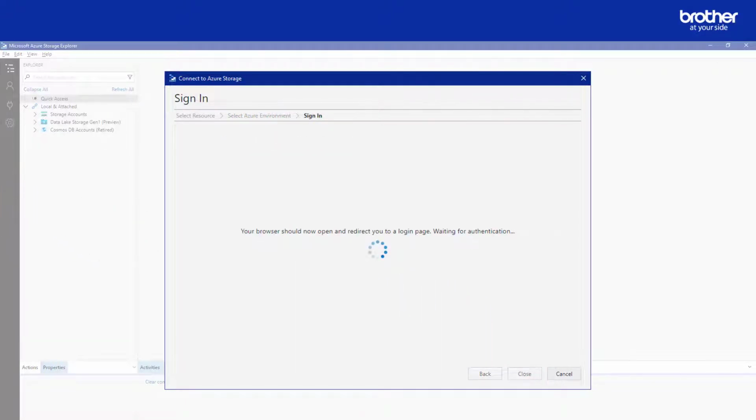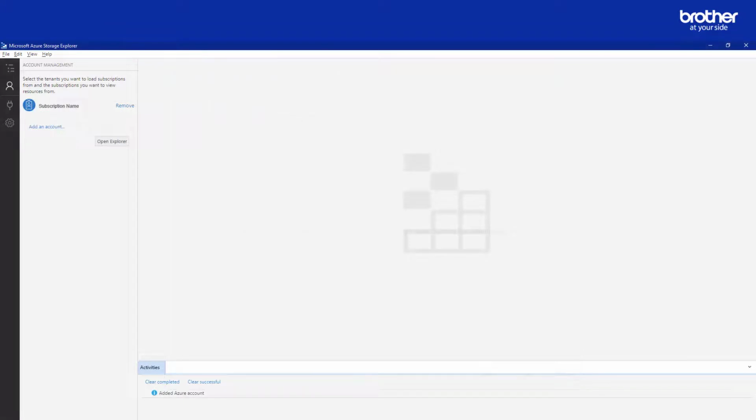From here, a web browser will open, requesting you to sign in with your Azure credentials. Please follow the instructions until the sign-in is complete. After successfully authenticating, the connection wizard will close and send you back to this screen.